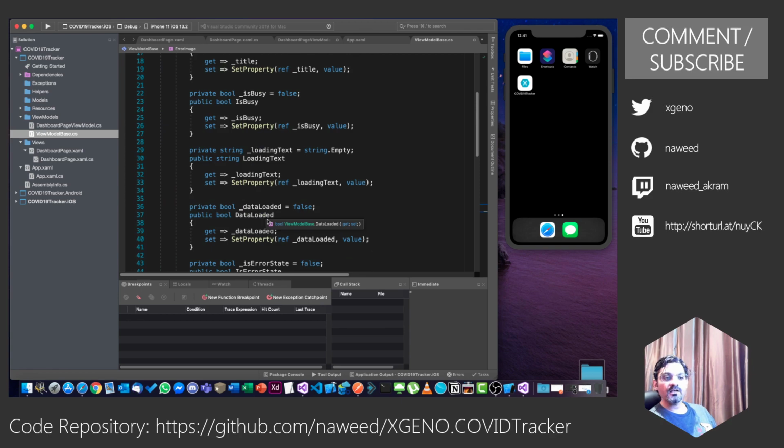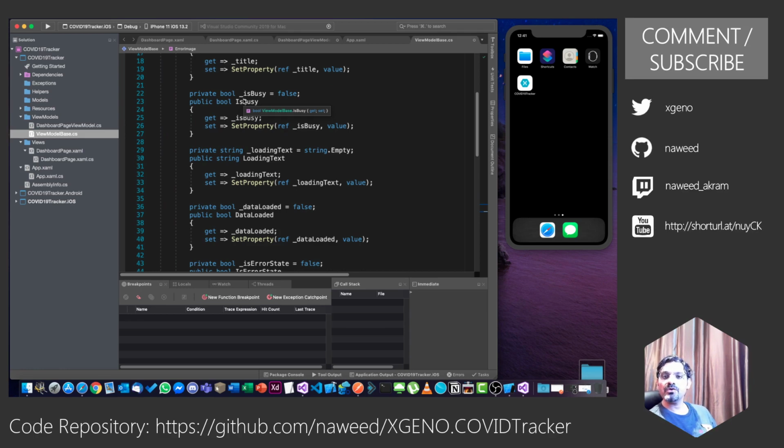DataLoaded. Once the data has been loaded, I want to show the information on the screen. Now you will say, why don't we use the IsBusy indicator? You can very well do that, but the problem with this particular approach is that while it is fetching, maybe there was an error that happened during the fetch. So after that, we will have to set our IsBusy to false so that the indicator disappears from the screen. The moment we do that, our data will immediately show.